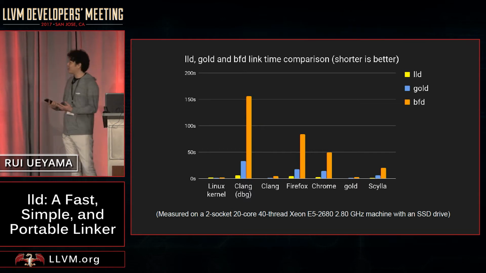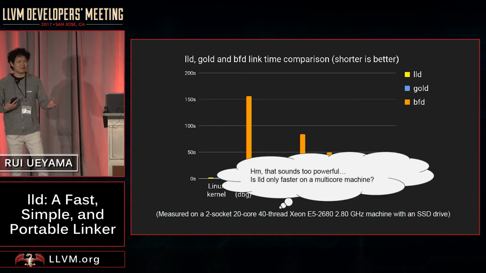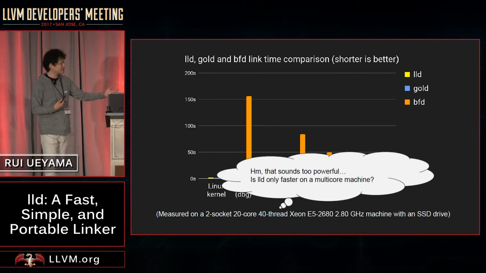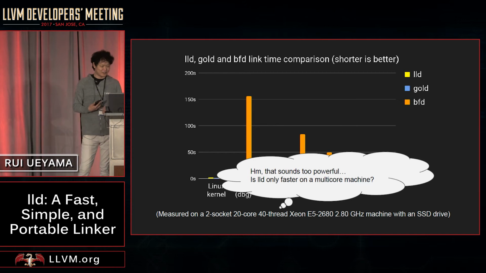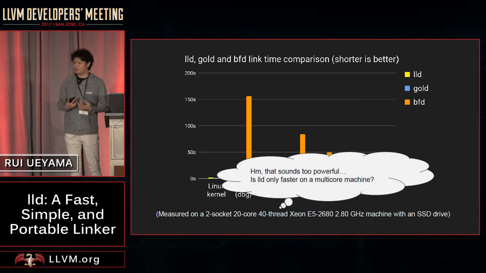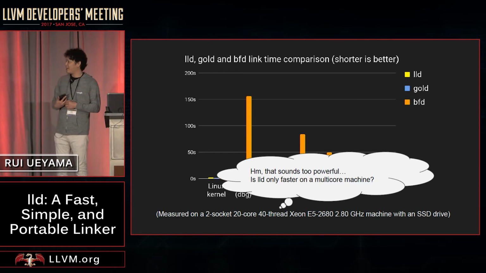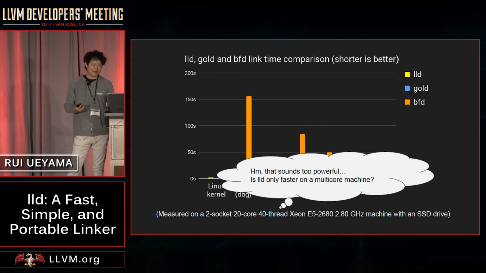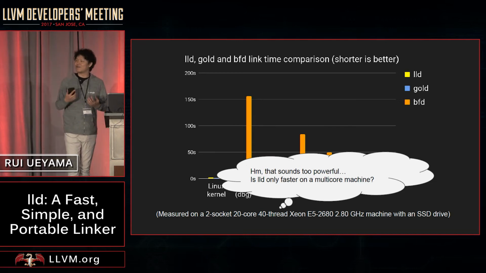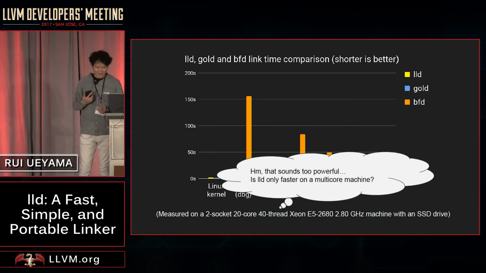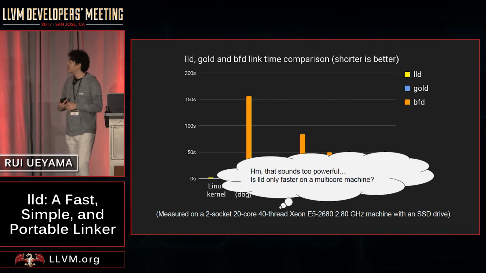So, well, every benchmark comes with some footnote, right? And if you read that footnote carefully, then these numbers are measured on a very powerful machine. LLD might actually be faster on these machines, but does that mean that LLD is only faster on such a powerful machine? So this is a pretty legitimate question, I think. And the answer is no, because